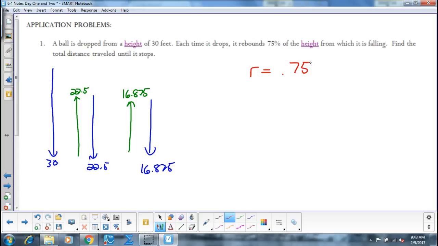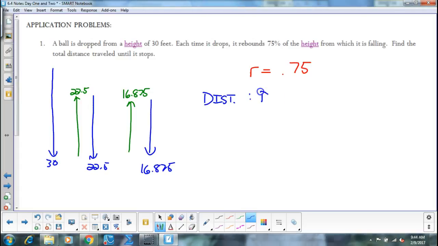Right? So if I want to know the total distance that the ball traveled until it stopped, do I know how many bounces it takes until it stops? No. Okay? So it could go on forever and ever, right? How do we say forever in math? Infinity. So we could make an infinite sum out of this, right? So my question is, the distance that it traveled